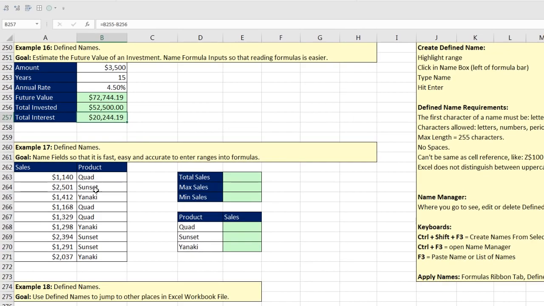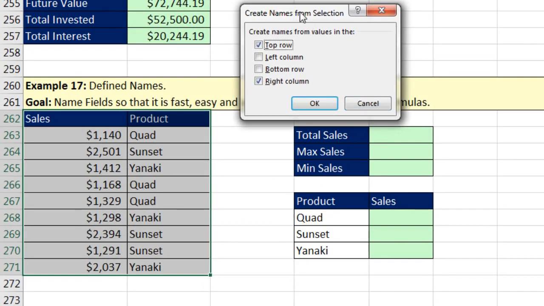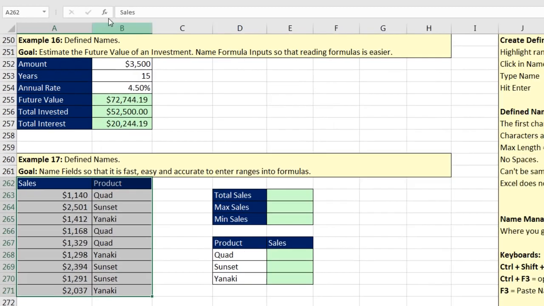Now, let's see how to name a column. In this case, I'm going to use that same feature, Create names from selection, because I want this column to be called Sales and this column to be called Product. I'm going to use the keyboard, Control-Shift-F3. Now, be careful here. It's trying to name all of these number cells to the right. That would be terrible. I want to uncheck that. I only want the names to come from the top row. Now, when I click OK,